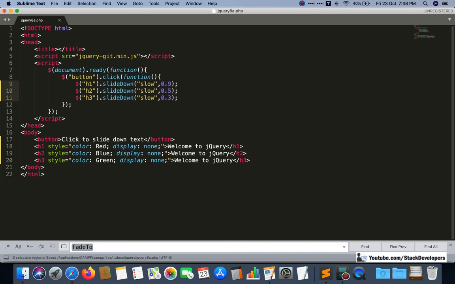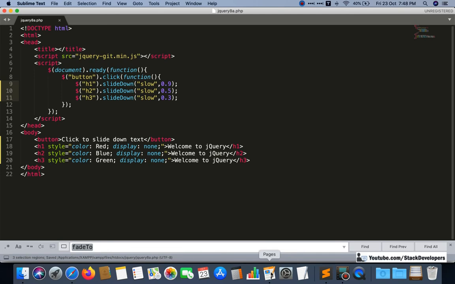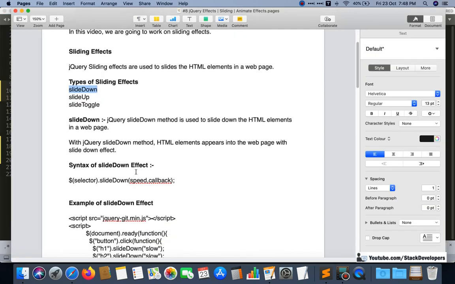The syntax of slide down is the same as we have done earlier. The syntax is speed and callback. With speed, we already know that slow means the effect is slow, fast means the effect is fast, or we can give numbers up to 2.